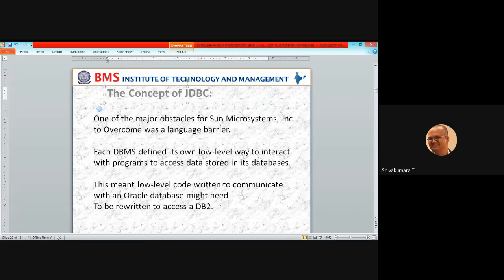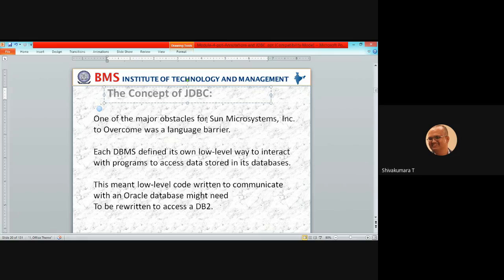One of the major obstacles for Sun Microsystems to overcome was a language barrier. Nowadays a variety of databases are there, and to connect them to Java, which is open source, we need some lower level implementation.